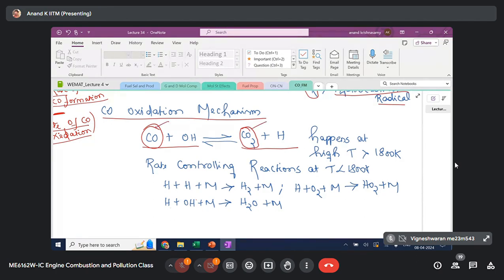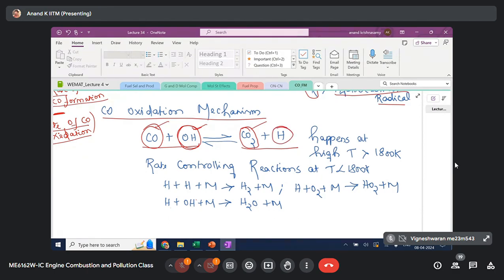You see here that CO is oxidized with the help of OH radical. So one of the important radicals that you need to have in the cylinder to oxidize CO is OH. When you have sufficient OH radical available in the cylinder, you're going to convert CO into CO2 in the cylinder itself. So CO control is easier then. So you also have to ensure that you are able to oxidize the CO in the cylinder itself. Then it will reduce the burden on the after treatment control system, which we are going to discuss later on. Okay, so CO is converted to CO2 by reacting with OH radical, and one more H radical is formed.